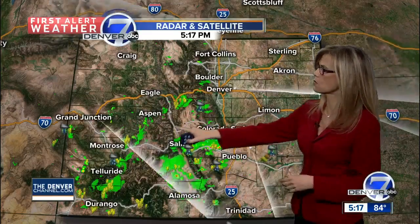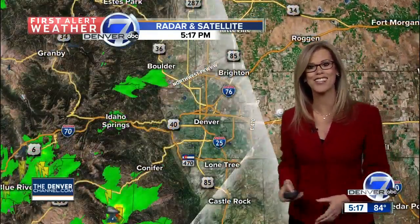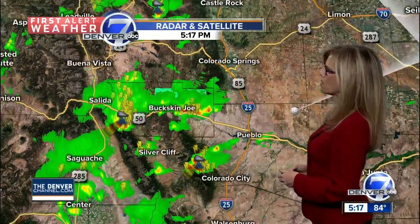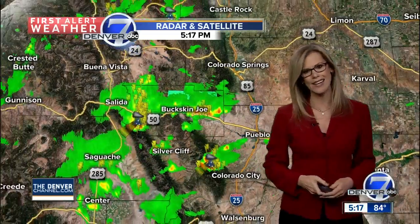Scattered showers here in the southwestern quadrant of our state. We really haven't seen any thunderstorm activity here in Denver yet. We still have about a 10 to 20% chance of that happening through tonight. I think most of the showers will be in the mountains and down to our south toward Colorado Springs, back toward Salida. So keep in mind, if you're down that direction, you're going to be seeing off and on